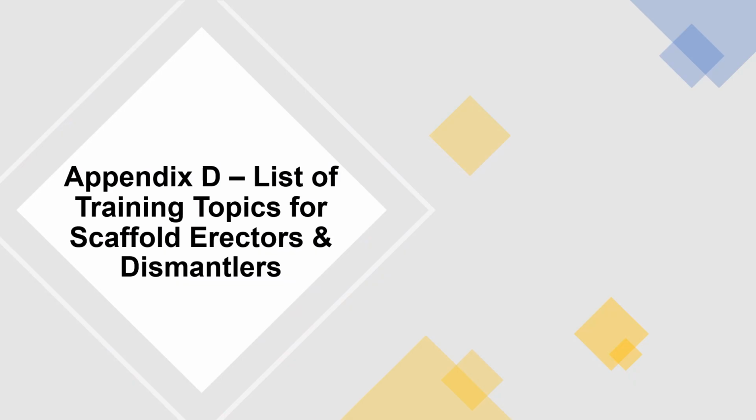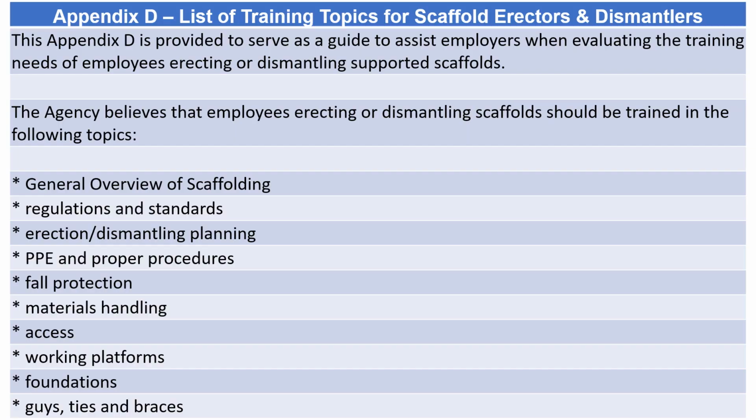Appendix D. List of training topics for scaffold erectors and dismantlers. This Appendix D is provided to serve as a guide to assist employers when evaluating the training needs of employees erecting or dismantling supported scaffolds. The agency believes that employees erecting or dismantling scaffolds should be trained in the following topics: general overview of scaffolding, regulations and standards, erection/dismantling planning, PPE and proper procedures, fall protection, materials handling, access, working platforms, foundations, guys, ties and braces,